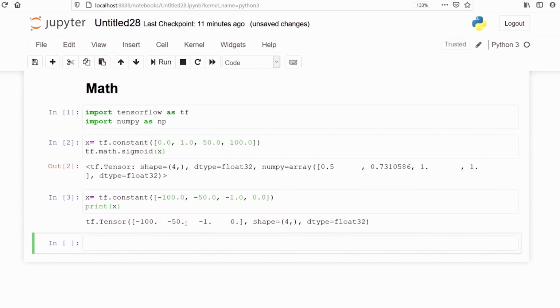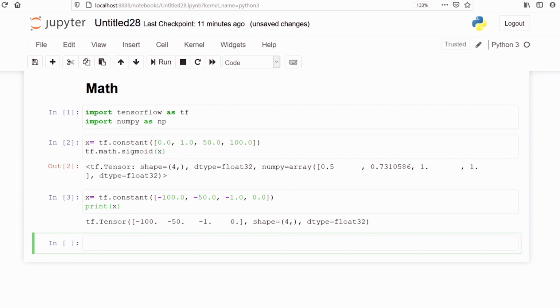We can see that when the number is large and it is negative, its sigmoid is also large in negative, and when the number is approaching towards 0, from minus 100 to 0, the sigmoid value is also decreasing from minus 100 to 0.